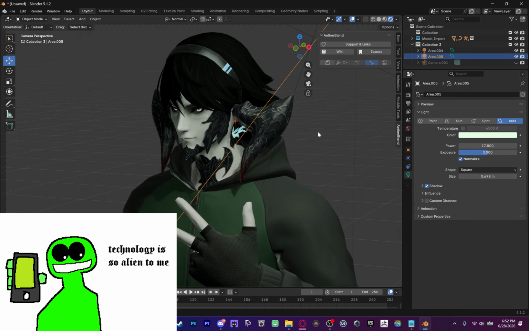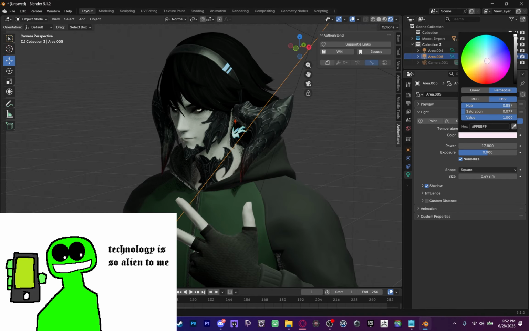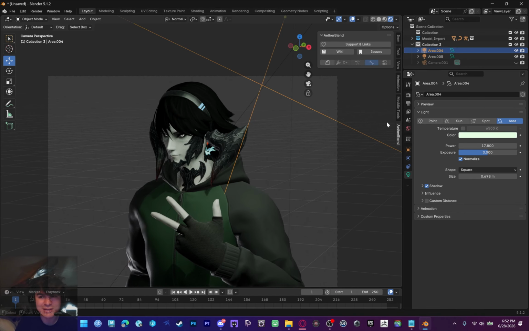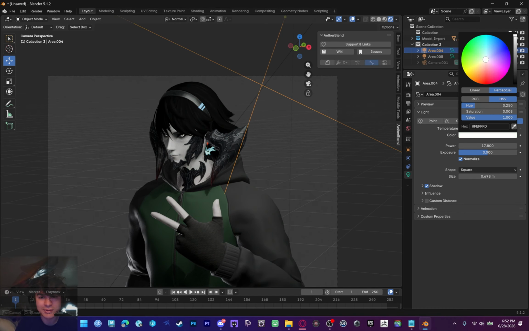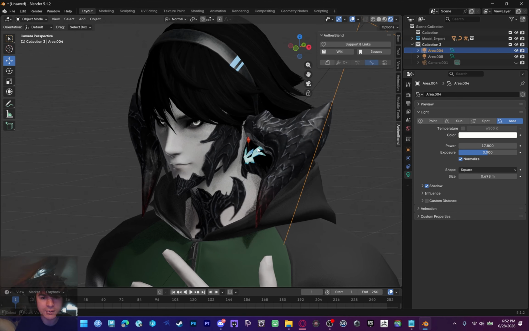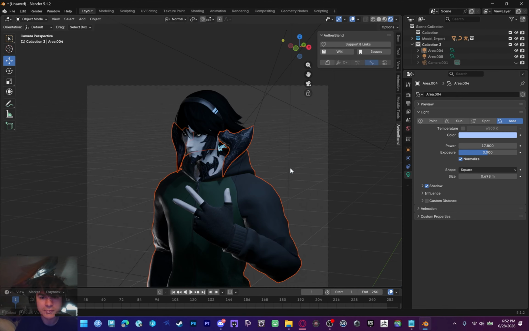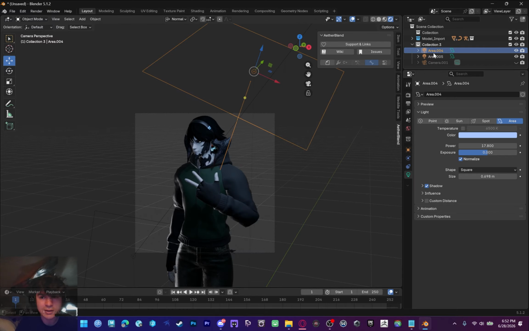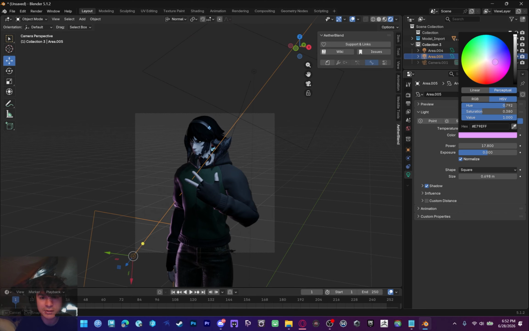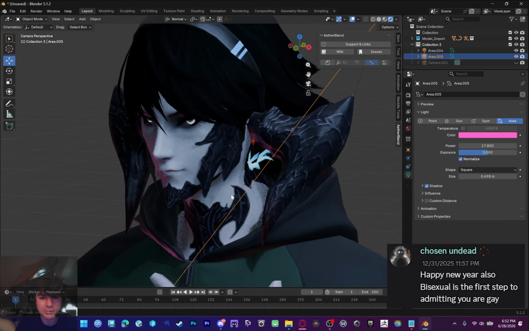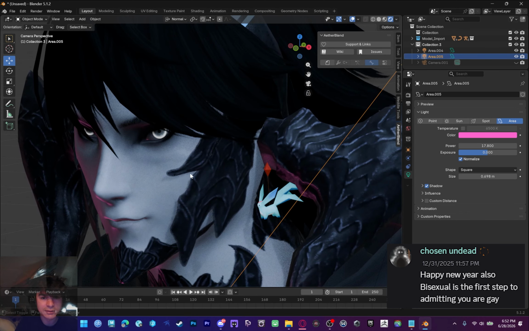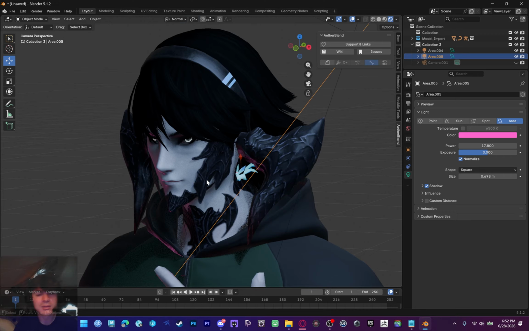He is green for an amazing reason, as they say. I'm actually just gonna make these white because the green looks kind of weird, but you can definitely play with your own lighting and do some really cool stuff. Actually, low key, that's kind of cool. I like that. And then maybe this one. Low key got some bisexual lighting going on, but yeah. Shout out to all my bisexuals. But anyways,